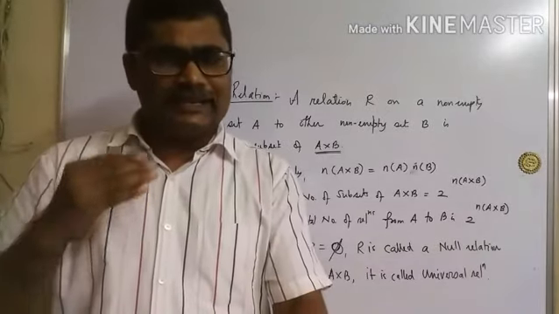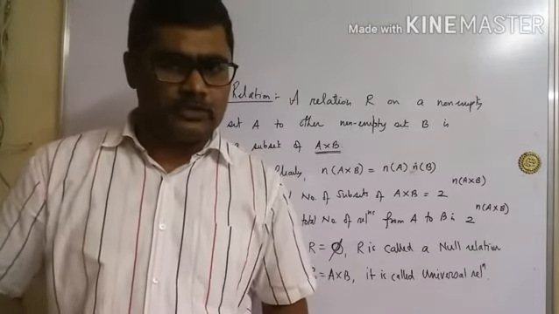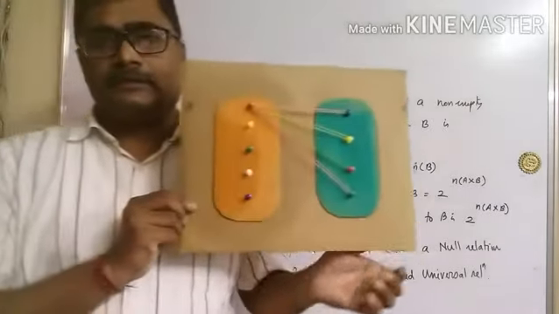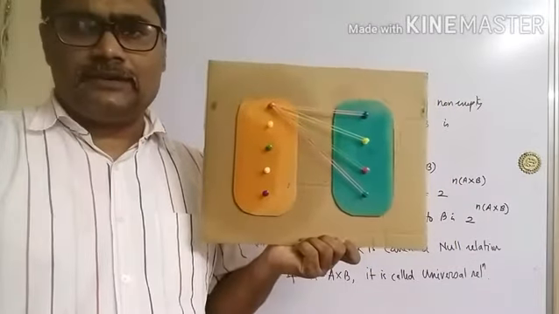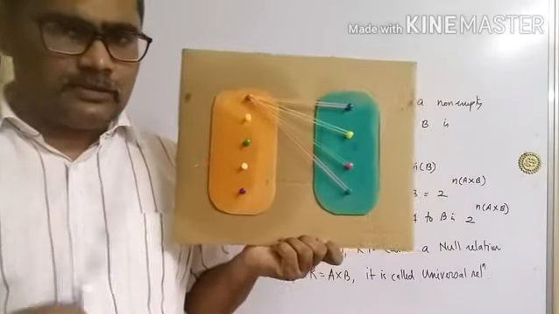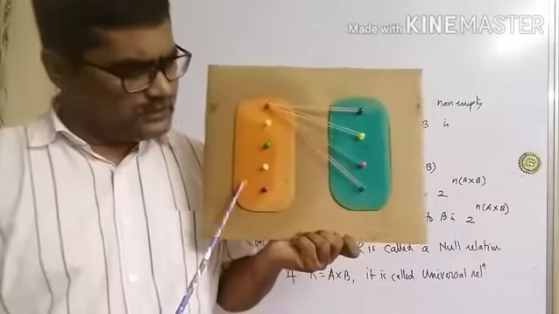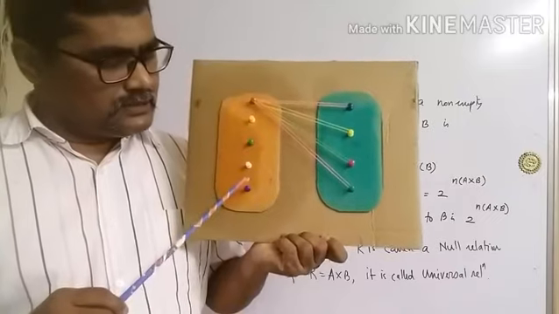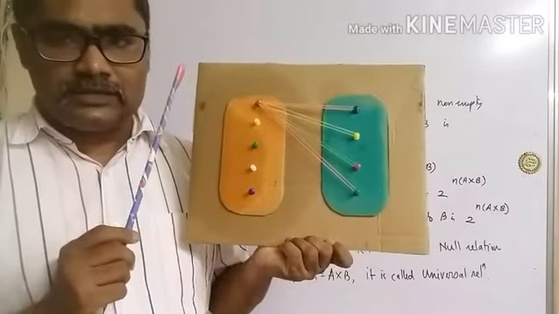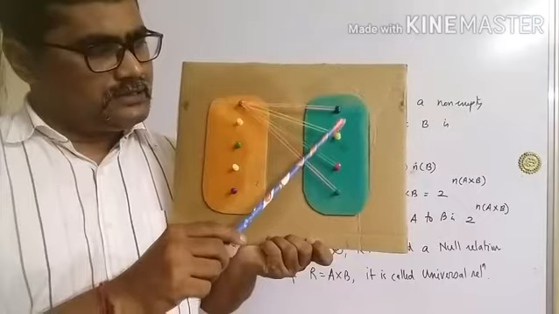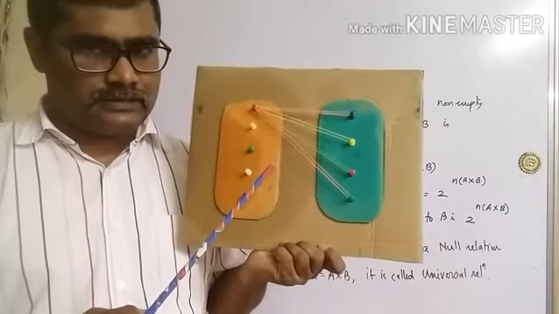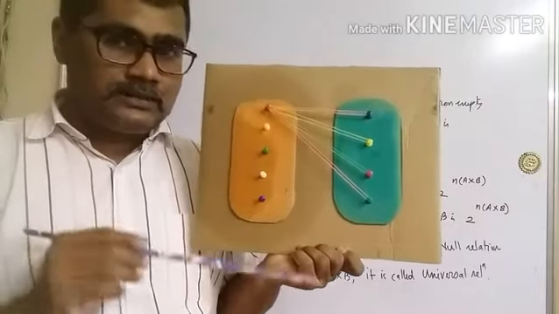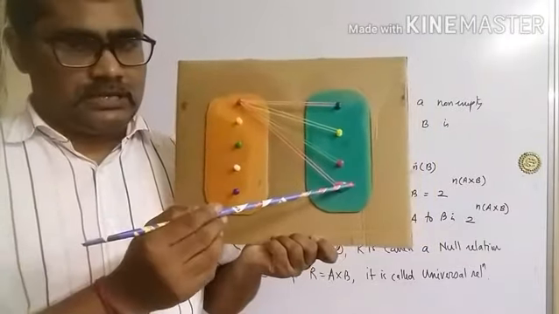I'll be taking a little recap of A cross B also. So here you see I have considered two sets. I did not mark it so far. This one you consider as A, this as B. Set A contains these 5 elements. Set B contains these 4 elements. All are distinct. Now next, if I ask you to find A cross B,